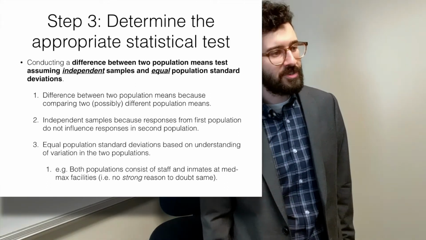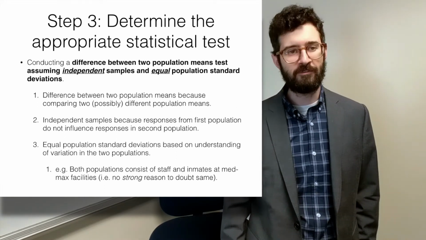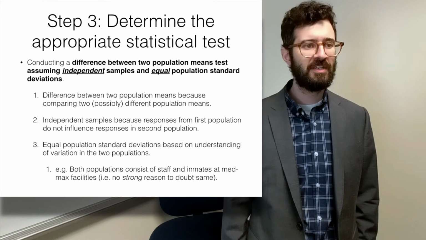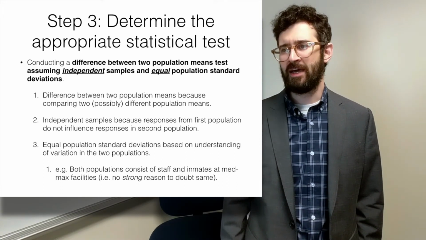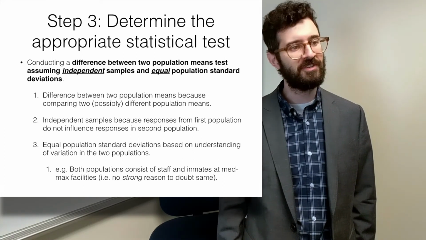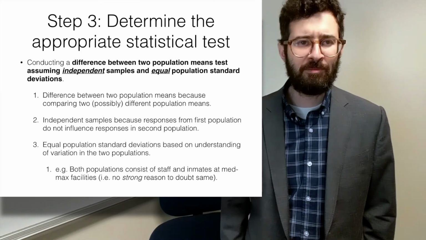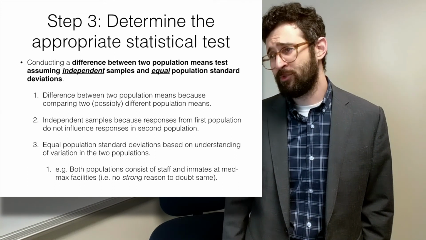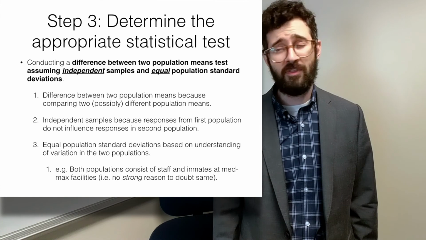So in the case of the Prison Climate Survey, I've got two populations, Bellwatt and Franklin. These populations both consist of inmates and staff who spend a lot of their time at either a combination of a medium/maximum facility. So when I think deeply about what I know about these two populations, I am not able to find any reasonable reason to consider the variation in their